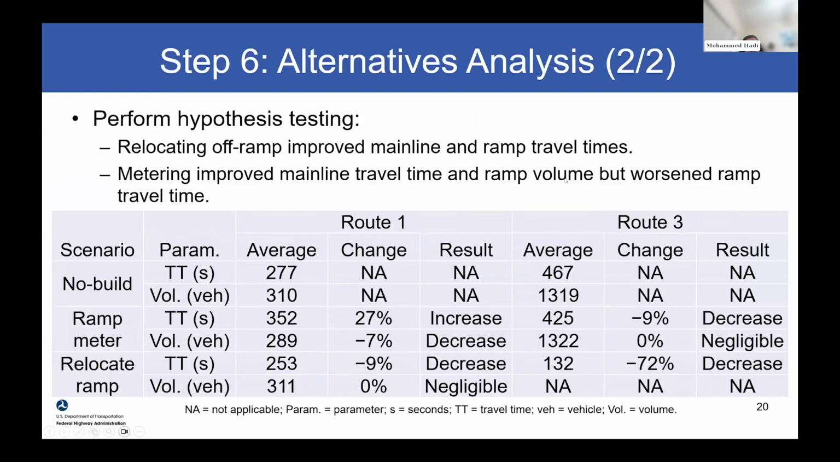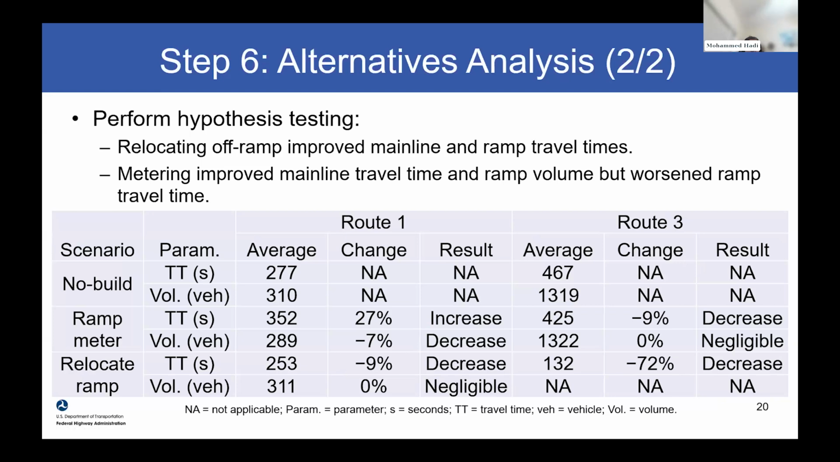Based on this, we did the evaluation both based on percentage change, but also using statistical hypothesis testing as recommended in Volume 3, also using the t-distribution. So if you look at the results, we see that the alternative of relocating the ramp, obviously, gives very high improvement for the ramp, minus 9%, and for the main line, minus 72% reduction in travel time, while